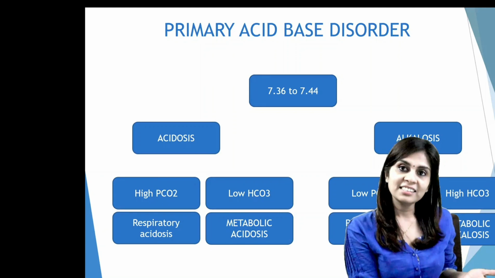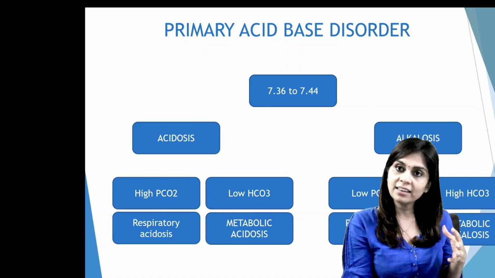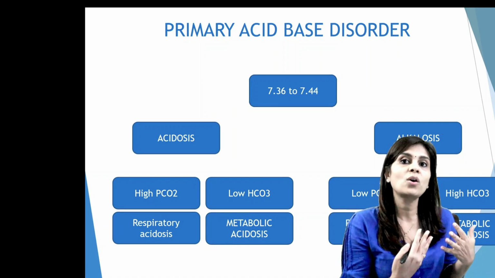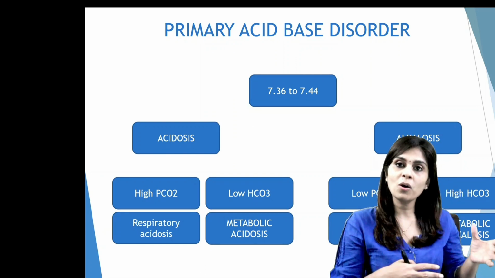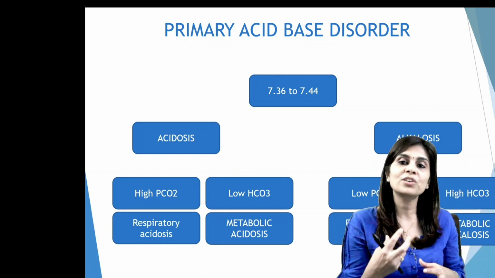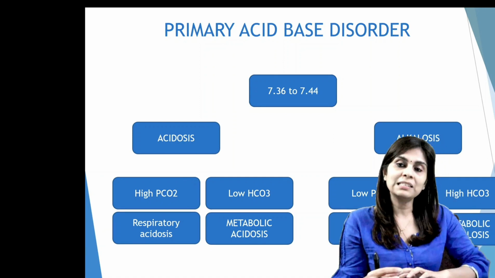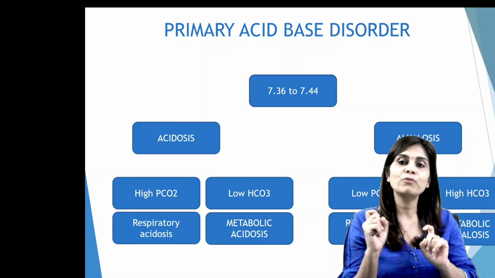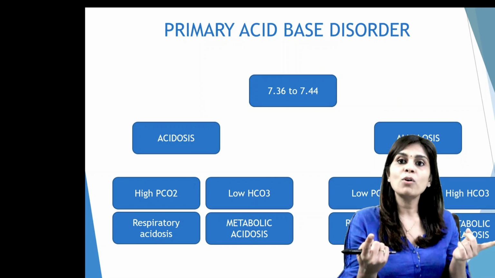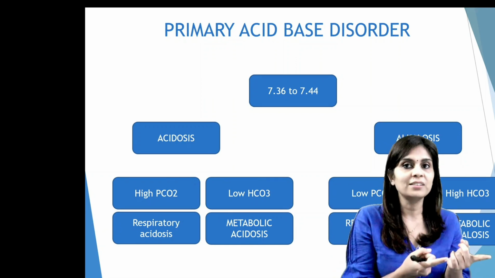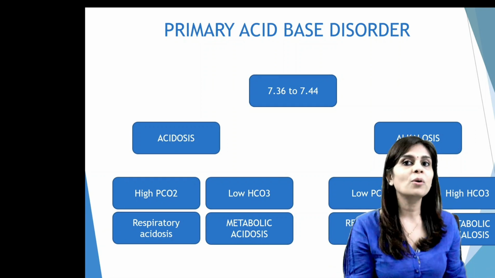Now what is the next step? After you identify the primary acid-base disorder, to identify hidden acid-base disorders, we should calculate compensation. Now, what do you mean by compensation? Whenever there is a drop or an increase in pH, your body will try to bring the pH back to normal. And depending upon which system is defective primarily, the other system would come to the rescue. If the primary defect is of the respiratory system, the metabolic system, that is the kidney, will come for the compensation. If the primary defect is the kidney, then the respiratory system would come for compensation.